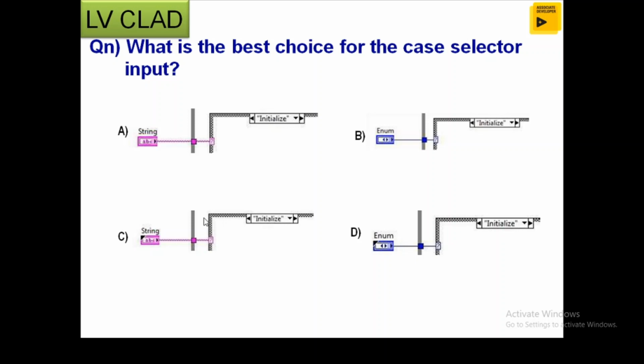But in the case of D, there is a type defined enum. So even if you want to add cases, you are using the same enum type defined control used in so many places. All the places will be changed, whatever changes you make in the source control. This is the possible way to introduce a type defined control when you are using the case selector. Even if you initially added 2 cases and want to add 3 cases, the same change is applied to the other enum duplicate copies also. So the option is D for this case.